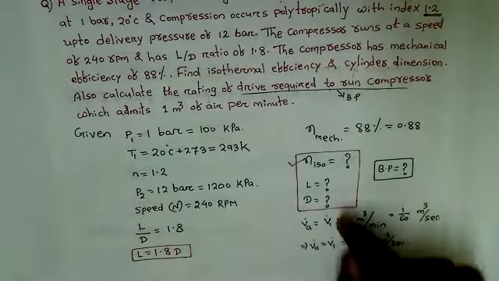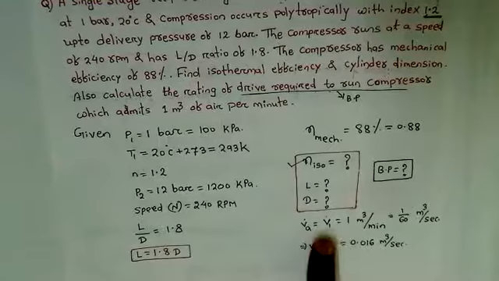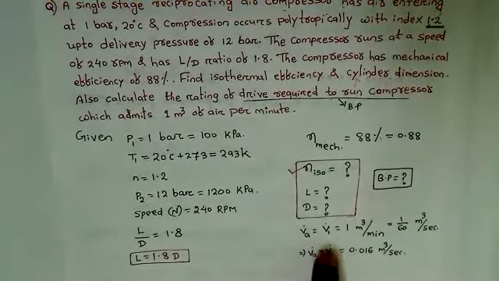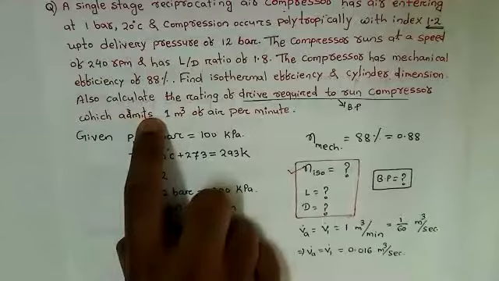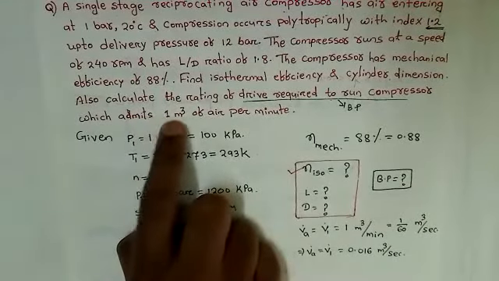So I will tell you how to get this length and diameter. You have to be a little careful because every time a formula will not work. You have to apply a little common sense also. In this question you can see a volume is given. What is this volume? How much volume of air can enter, can be accommodated inside the cylinder?